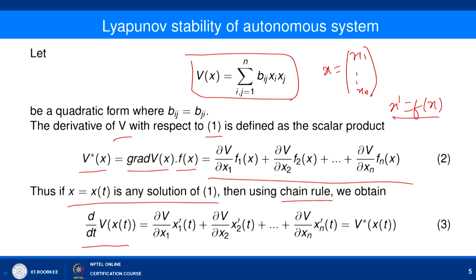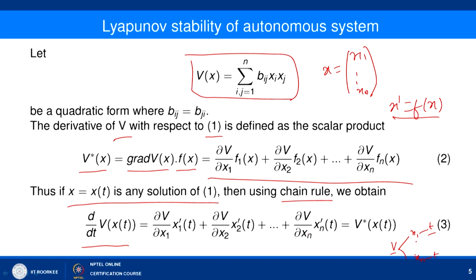So, here v is a function of x and x is a function of t. To find out d by dt of v of x(t), v is a function of say x1 to xn, and each one is a function of t here. To find out dv by dt, we simply take the derivative of v with respect to x1 and the derivative of x1 with respect to t. So, it is ∂v/∂x1 times dx1/dt